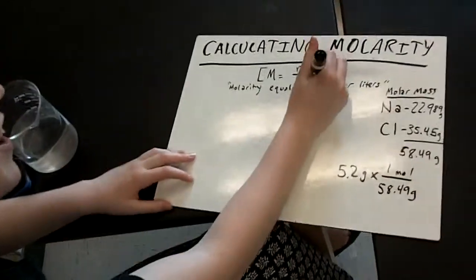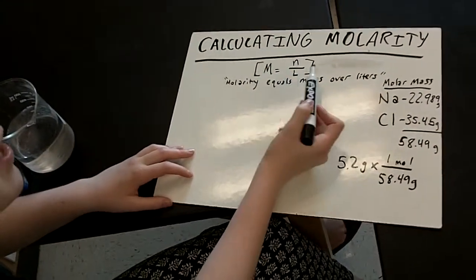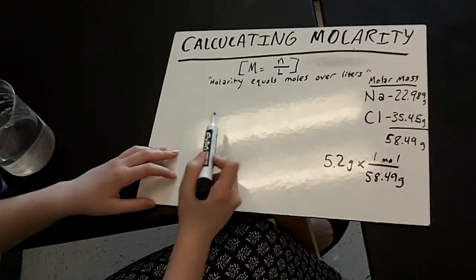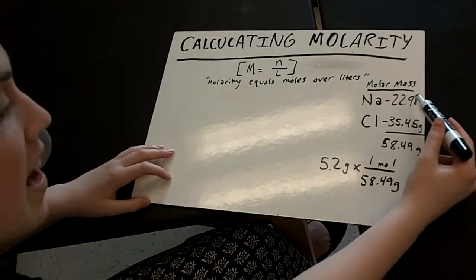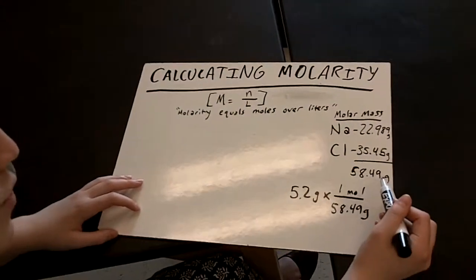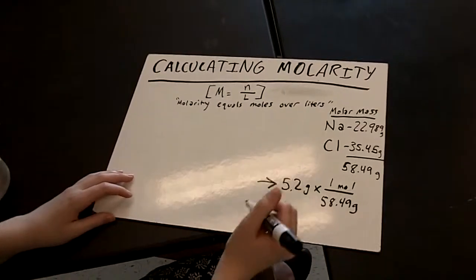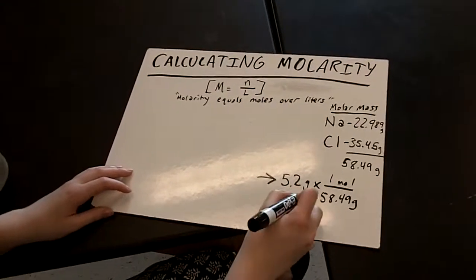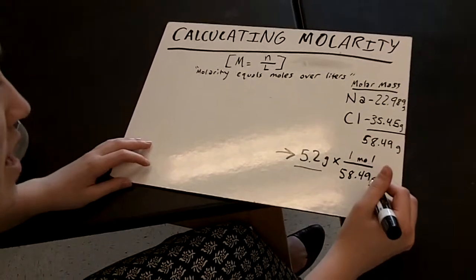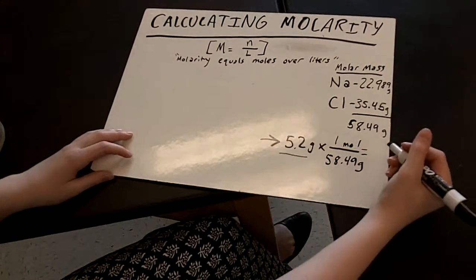The equation for calculating molarity is molarity equals moles over liters. Moles is represented by an n and liters is represented by a capital L. The molar mass of NaCl, which is salt, equals 58.49 grams. We weighed our sample of salt and it equaled 5.2 grams. Since there are 58.49 grams in 1 mole of salt, we get